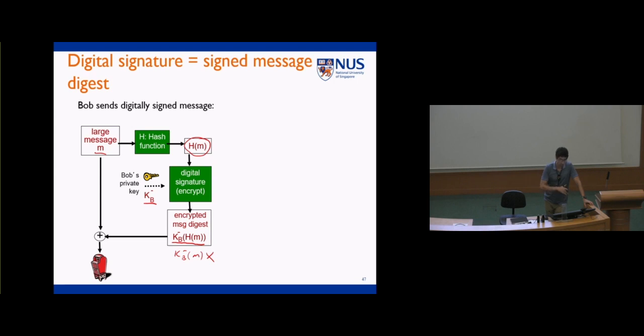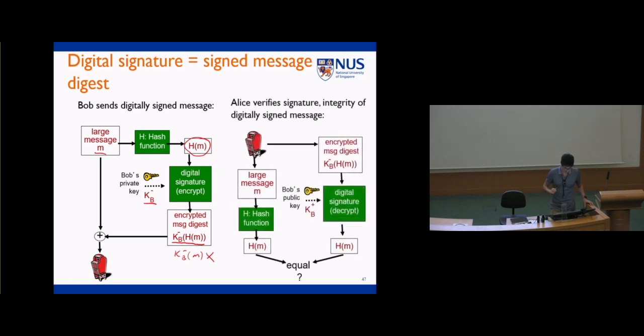If you're interested later, I can explain why we do so. But I think for the time being, it is just sufficient to know that this provides the integrity guarantee, but not just encrypting the message directly. Okay? And on the receiver side,